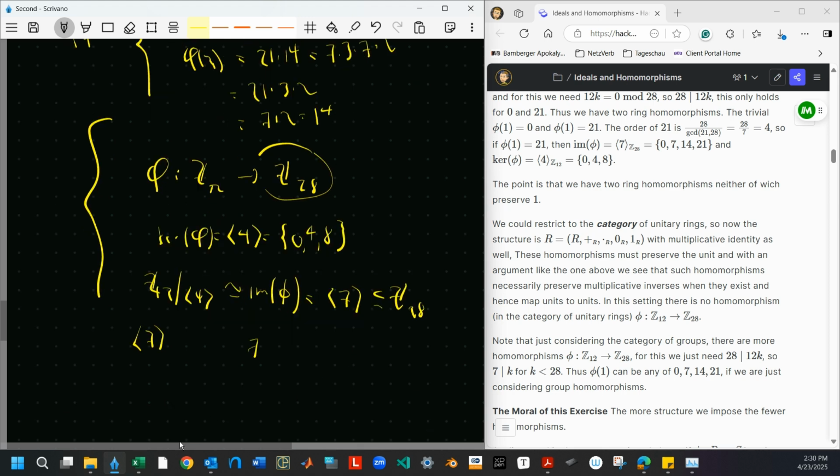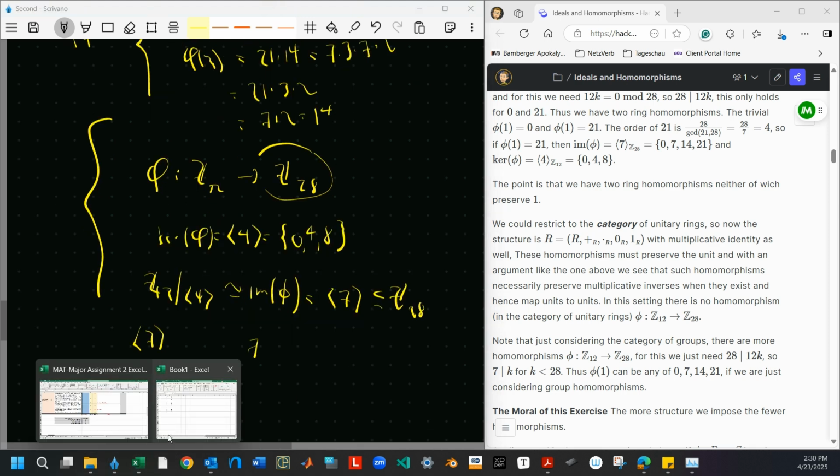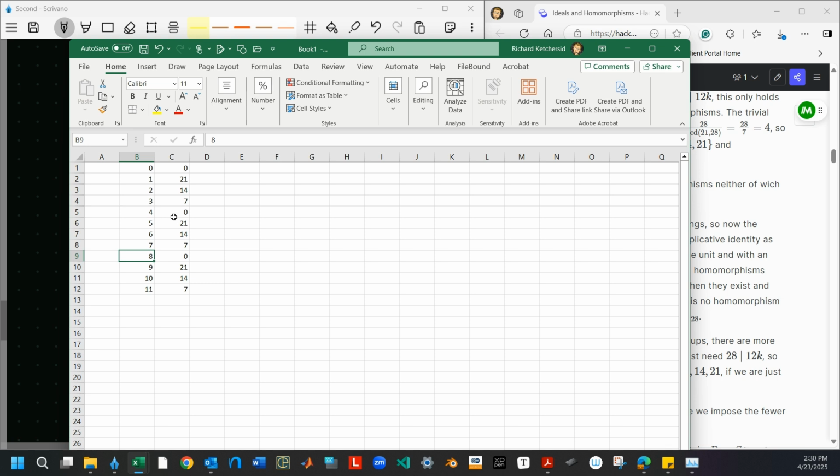Let's just actually do this sheet again. So let's have 7, and do it by equals mod 28. 7 times 14 is 14, and 7 times 7 mod 28, if I didn't screw it up, was 21. Yeah, okay. And then 7 times 21,